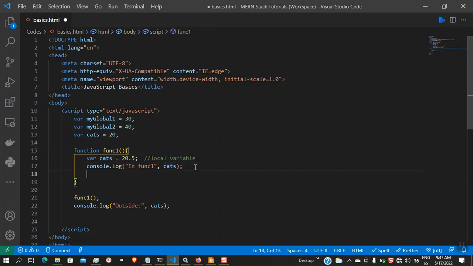What happens is, when you create a variable on the global scope, it's stored in the window object as a property. When we learn objects, you're going to understand what I mean. The browser is going to create a property of the window object called cats and assign the value 20 to it. So if you write